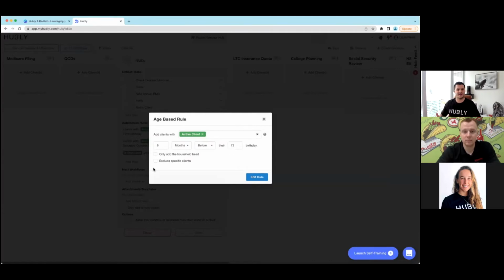So basically what that allows you to do is really plan out those long-term engagements. And by virtue of doing so, it allows you to also set up these automated triggers so that instead of running those reports every year to identify who are the clients that need RMDs this year, as a client is 6 months away in this case from turning 72, they will just appear in that workflow and notify you that